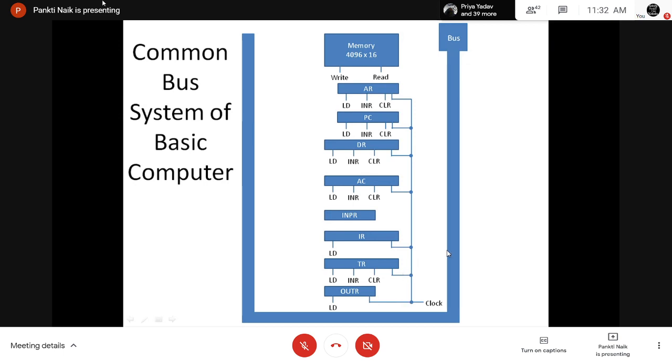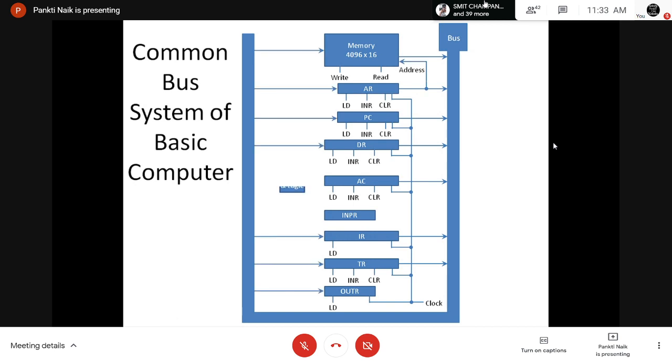Right? Now the outputs of 7 registers and the memory are connected to the common bus. Like this. Right? Output of each of the registers and memory are connected with the common bus. The specific output that is selected for the bus lines at any given time is determined from the binary value of the selection variables. Right? There are a total of 3 selection variables: S0, S1 and S2. Right? Depends on the value of S0, S1 and S2.